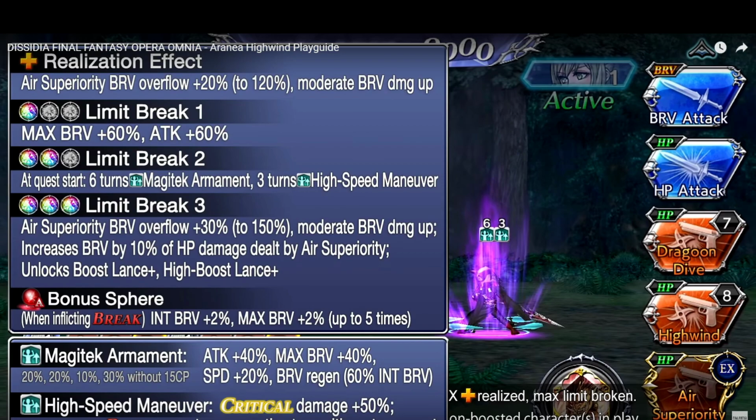Okay? Alright, limit break 1. Okay, standard stats, 60% brave and then a 60% attack. That's lit. We still need to know what her base stats look like. Alright, limit break 2. At quest start, 6 turns Magitech armament and 3 turns high speed maneuver. God. Alright, so